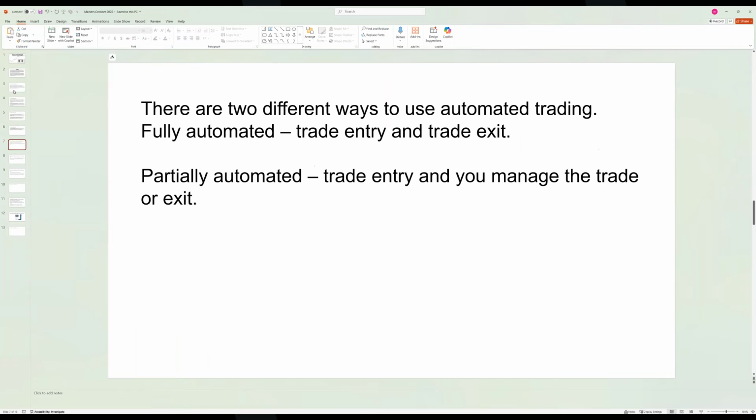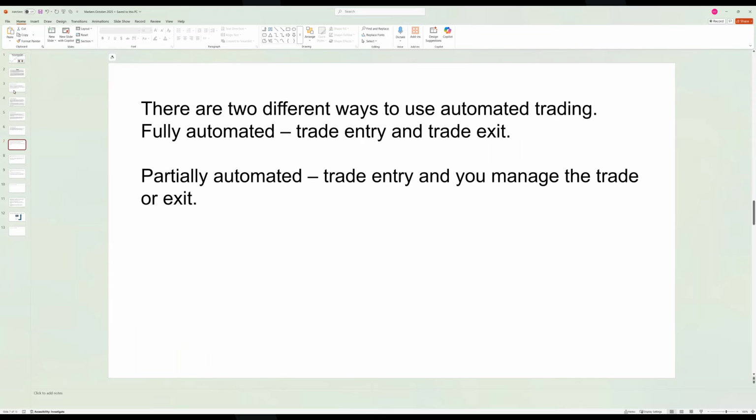Now, just really briefly, there's two different ways to use automated trading: fully automated, trade entry and exit; partially automated, which is why I prefer trade entry, and you manage the trade and decide when to exit. I mean, you're still going to have your ATM in there, right? Your take profit and your stop loss. But again, I'm a big believer in watching the order flow, being an order flow trader,